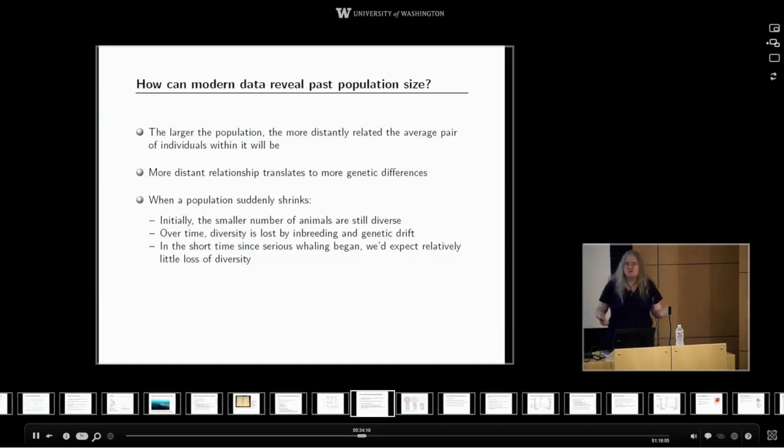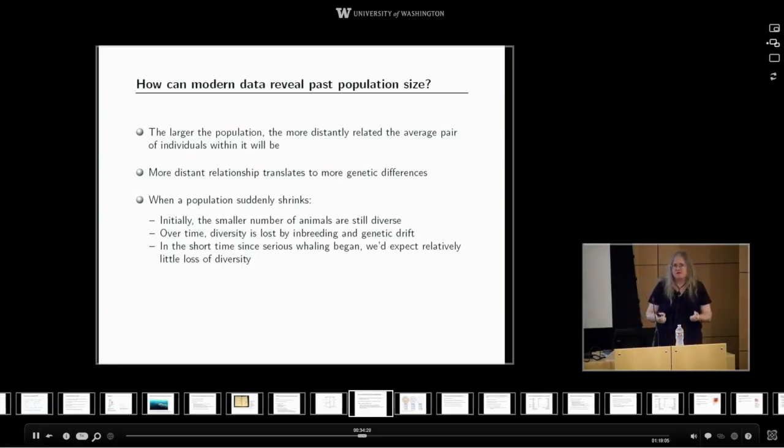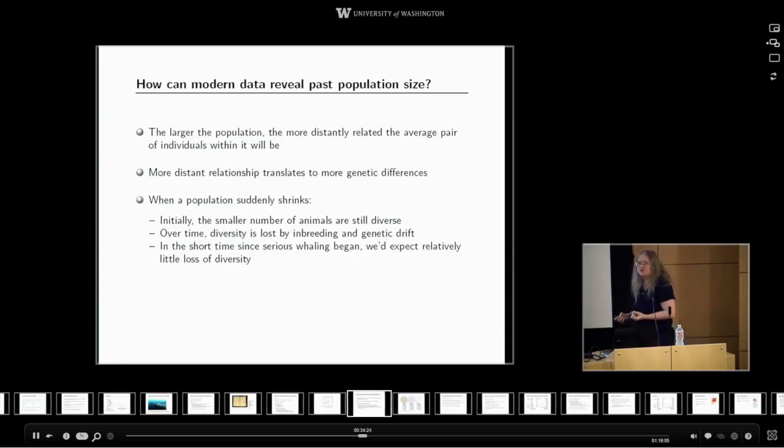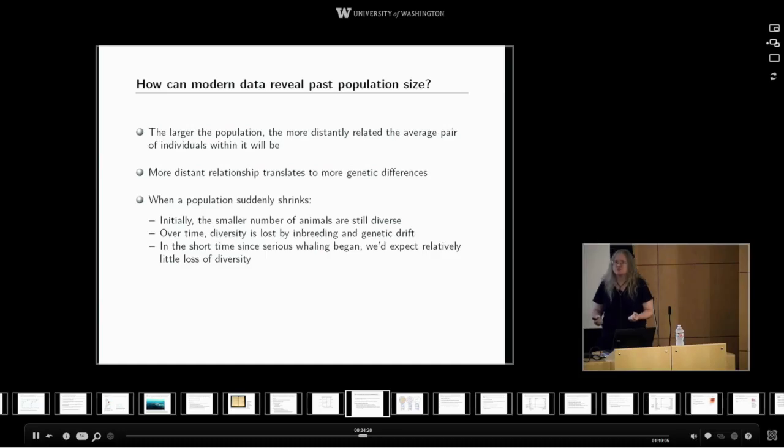If I go to New York City and I pick two people at random from New York City and ask how long back in the past to the common ancestor of gene copies from those two people, the answer could be an awful lot longer. Could be hundreds of thousands of years. Could be millions of years. It depends on the gene.